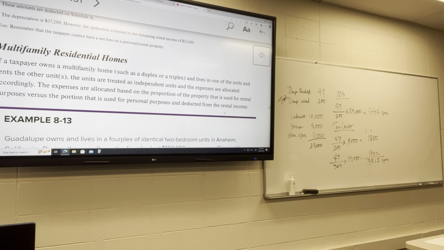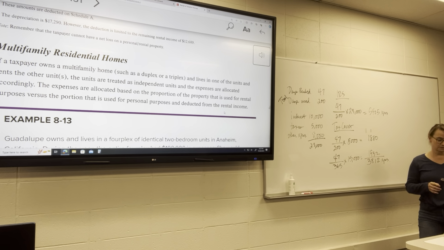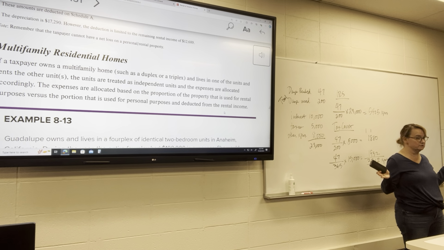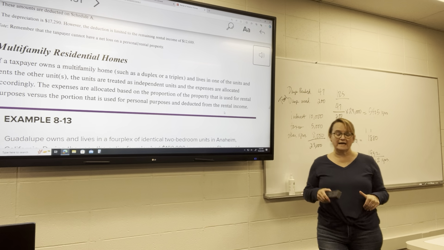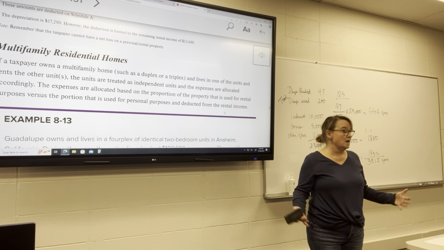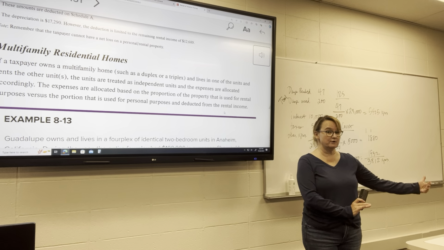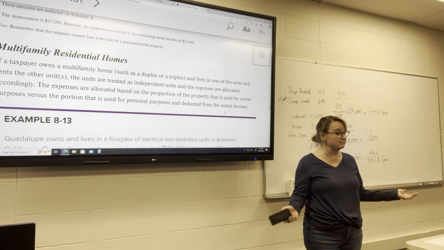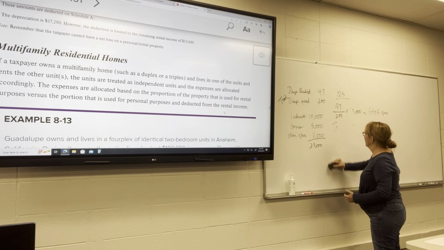All right. Okay, so that's allocating based on one property being used part-time for rental. So we're allocating based on time usage. It's also possible for one property to be used at the same time for multiple purposes. So for example, a duplex. If you own a duplex and you live in half of it, but you rent the other half out, this requires another form of allocation, but it's based on the size of the property because it's being used 100% of the time, right? So again, you've got to allocate it,